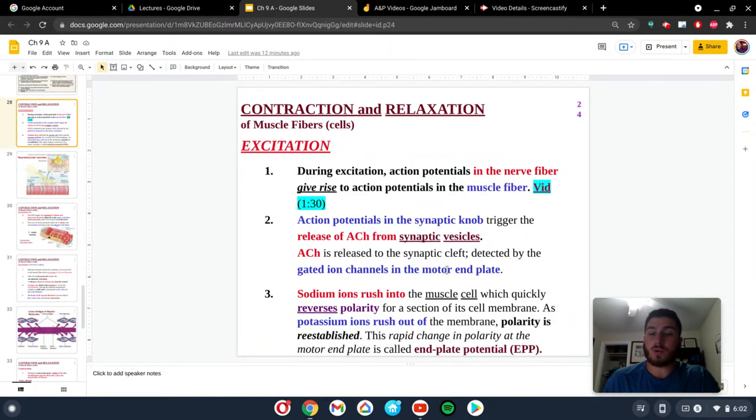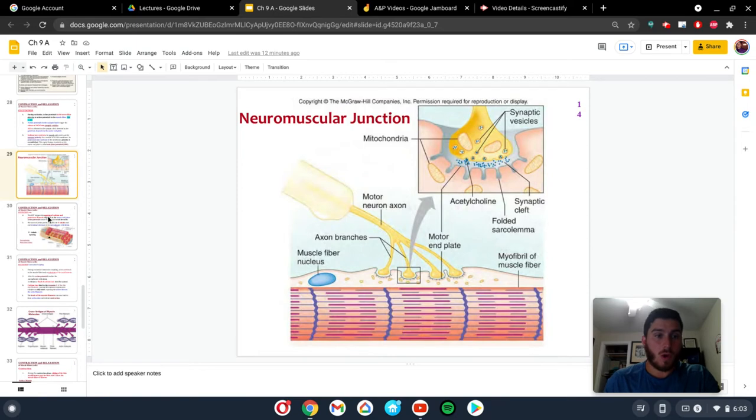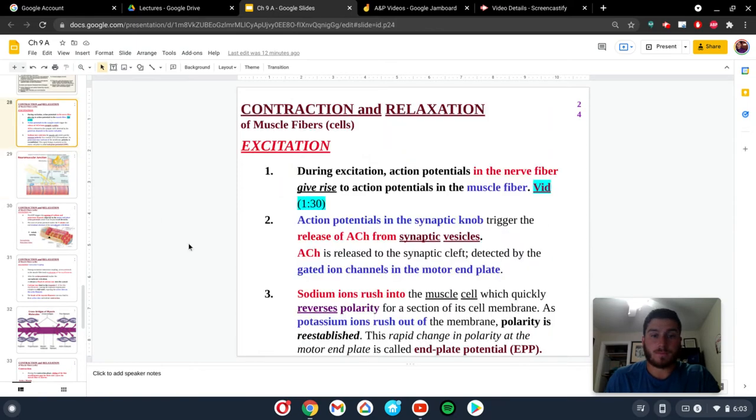Once those acetylcholine neurotransmitters bind to the motor end plate on the opposite side, bind over here, what this is going to do is activate the motor end plate to open up ion channels, which are going to allow sodium ions to enter the muscle cell. What that's going to do is reverse the polarity of the cell, and the section of this cell membrane is going to also allow potassium ions to rush out, and